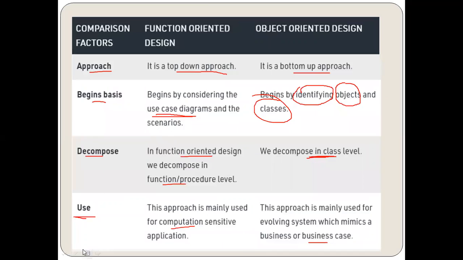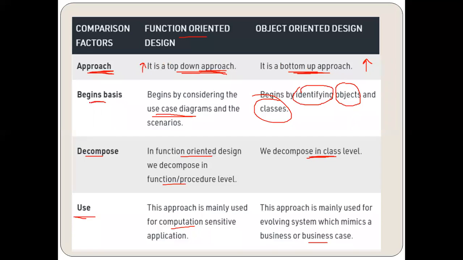Now, the next parameter that we have taken for comparison is the approach. Which design approach are we using? We have already seen we have two design approaches, top down and bottom up. Function oriented designs generally use the top down approach, because here we work on decomposition in a better way. While object oriented is working on objects and classes, so the first primary function is to identify the objects, which is the lower level detail. That is why we say we work on the bottom up approach in object oriented, while top down in function oriented.